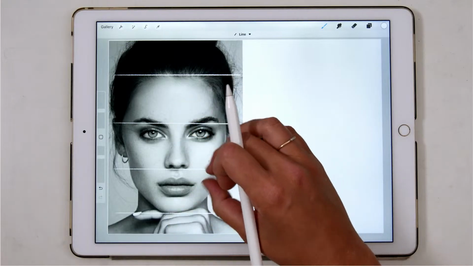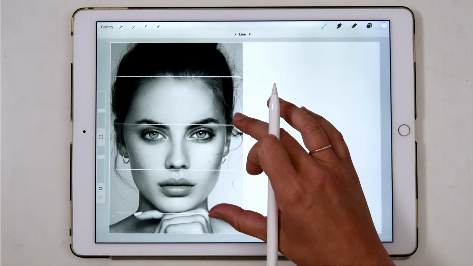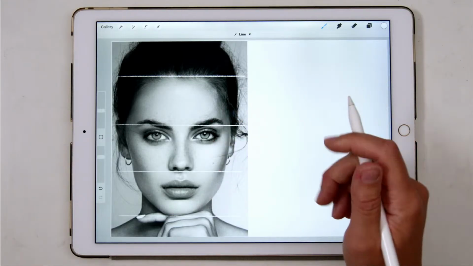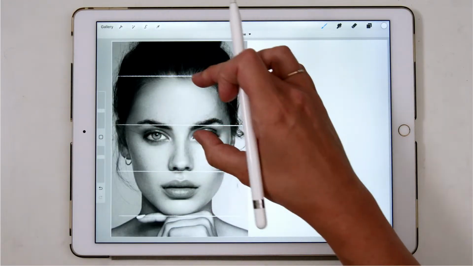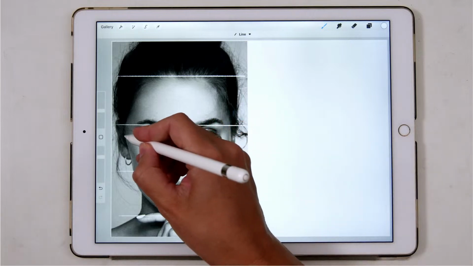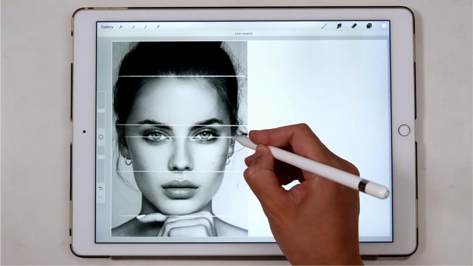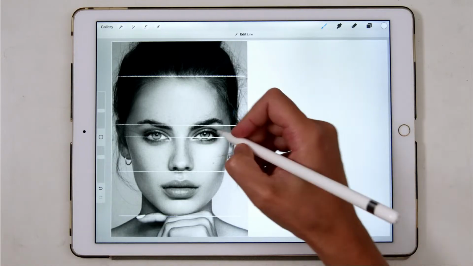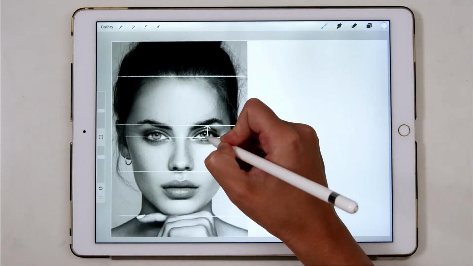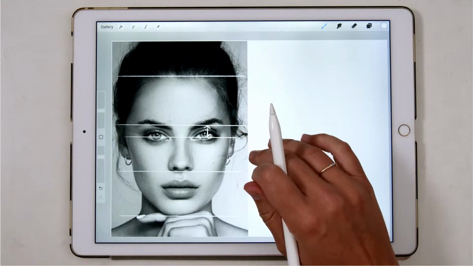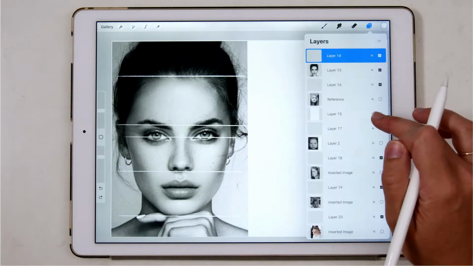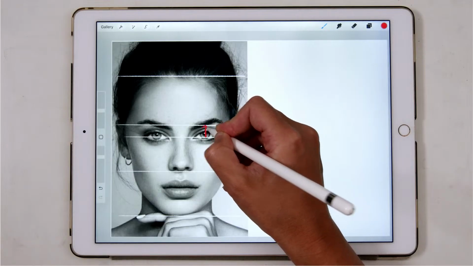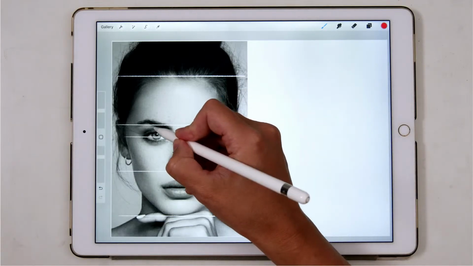If you're going to draw something or someone from a reference photo, you want the drawing to look like that person. So if you start with these guidelines, what I usually do, you can also draw a guideline for the eyes, but you don't have to. You can also just measure from the brow line, like how, let me make this red so you can see what I'm doing. So you can also measure from the brow line and then here,